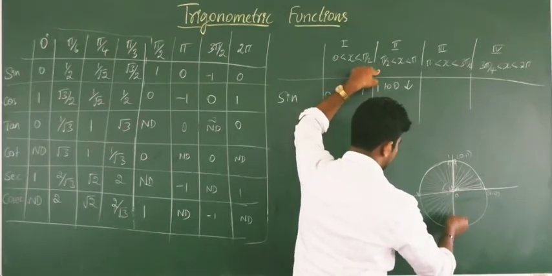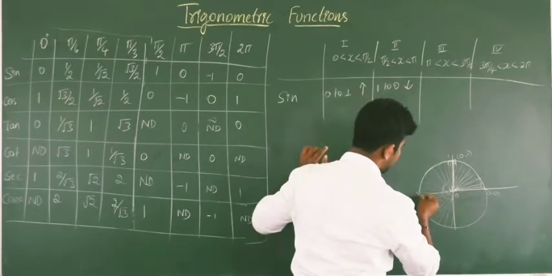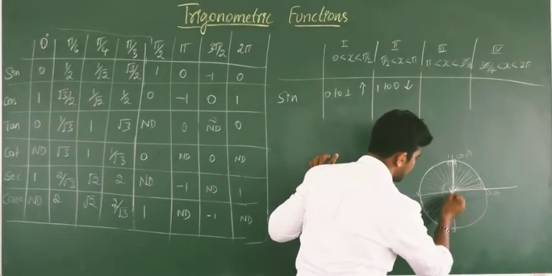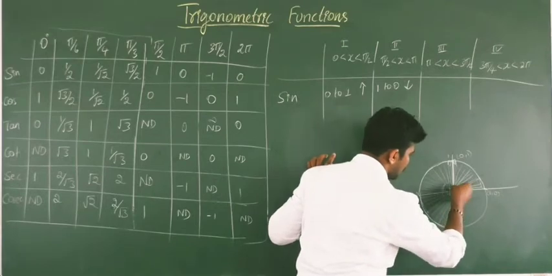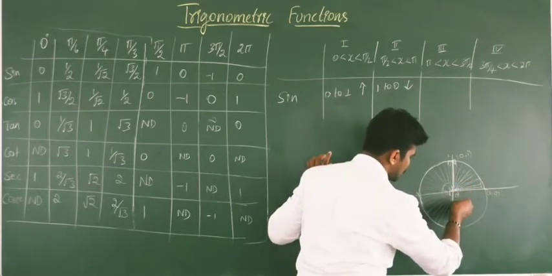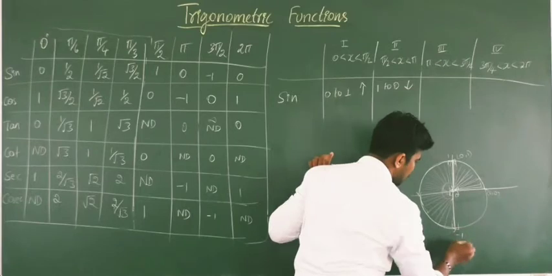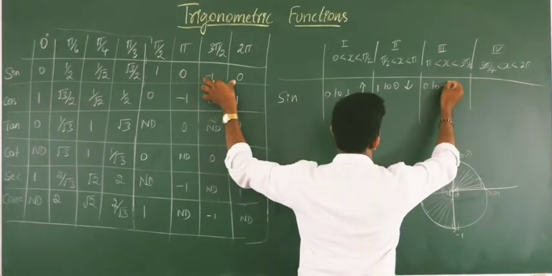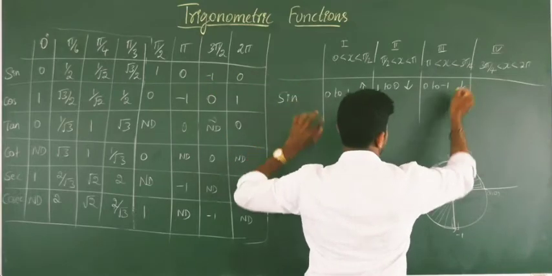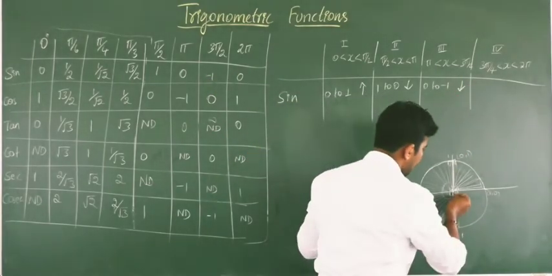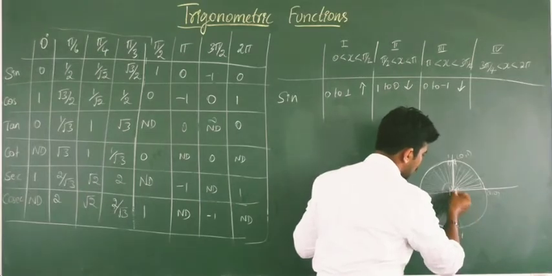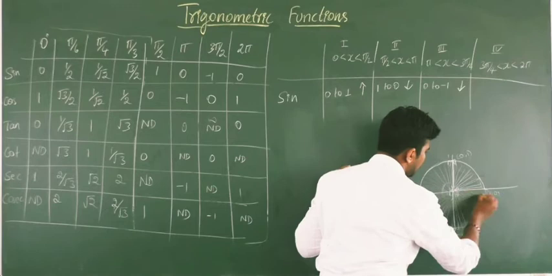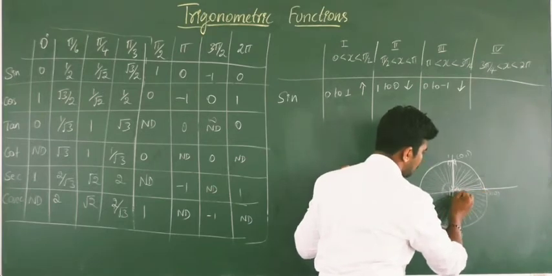Okay, so till here you can observe the graph came. Here the value is again decreased from 0 to minus 1. This point is minus 1. This is decreased. Now, when you come back to the fourth quadrant, the central angle goes from 3 pi by 2 to 2 pi. Okay, that completes one revolution.